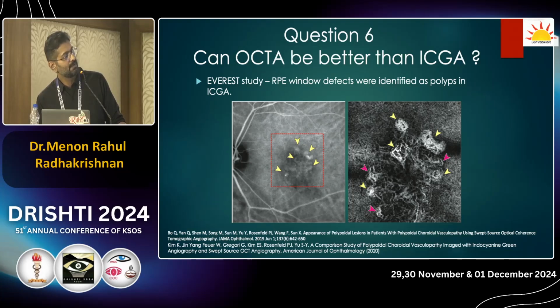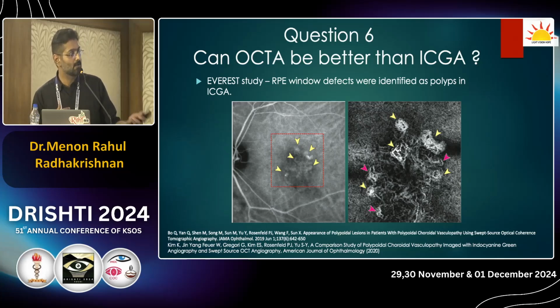So if you look over here, you can see the branching vascular network and you can see around 5 polyps lighting up on ICG. But in the same patient, when you do an SS OCTA, you can get around 8 polyps. Now, the importance of polyps is based on the treatment, because when you follow up this patient, you cannot do an ICG at every follow-up. When you follow up these patients, this polyp reactivation and regression is something which we would like to know